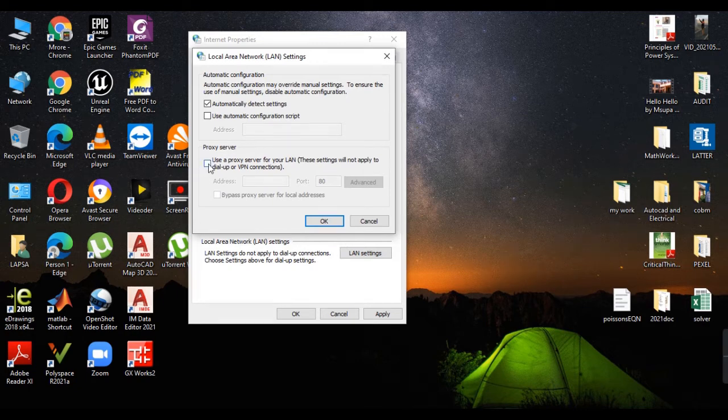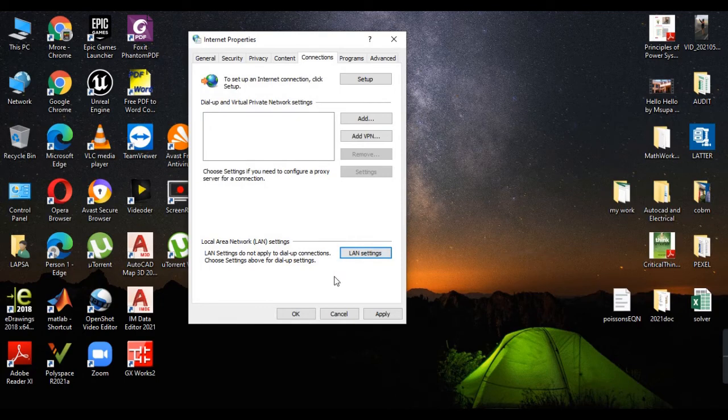By just checking here and setting it to automatically detect, then hit OK, and you have finished.